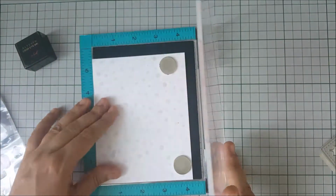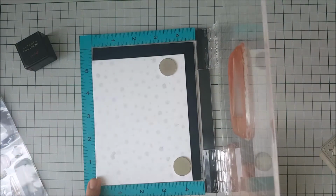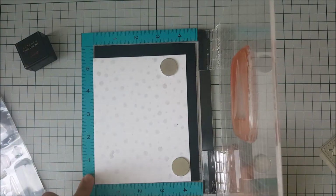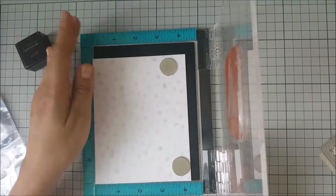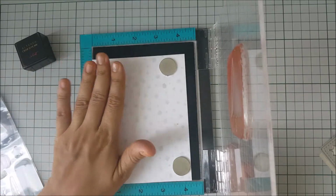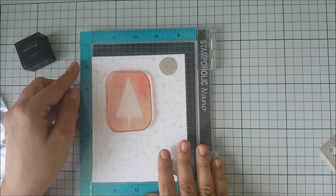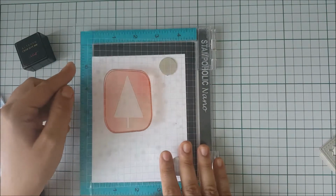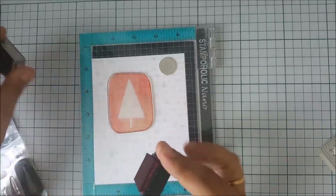And as my card is also moving, I'm just perfectly aligning it to the edge of this tool, because even if it's perfectly aligned, even if it moves and it gets removed from here, I'll know exactly where to place the card to get the stamp at the same position. So now after putting this,